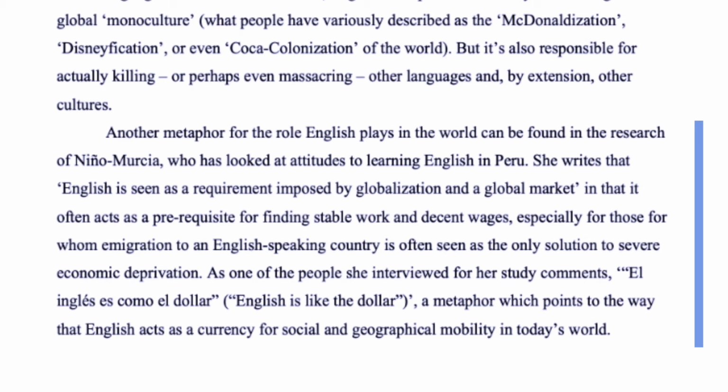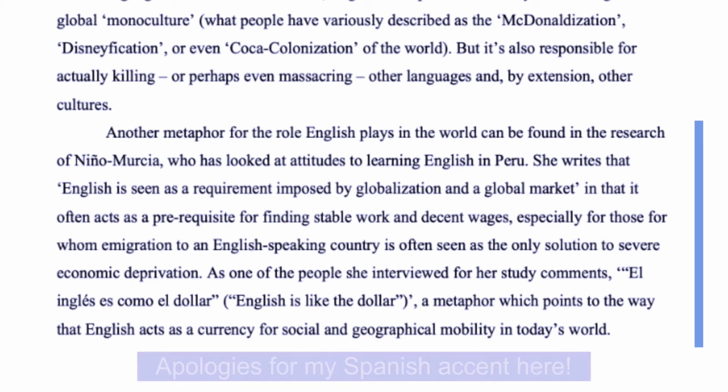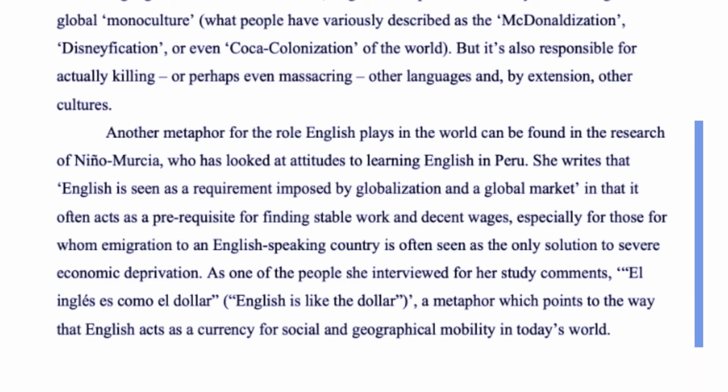As one of the people she interviewed for her study comments, "El inglés es como el dólar." English is like the dollar, a metaphor which points to the way that English acts as a currency for social and geographical mobility in today's world.